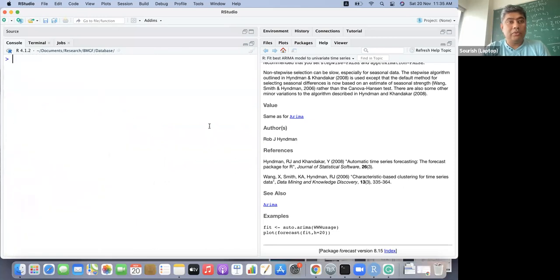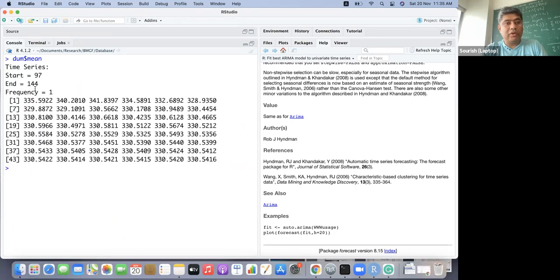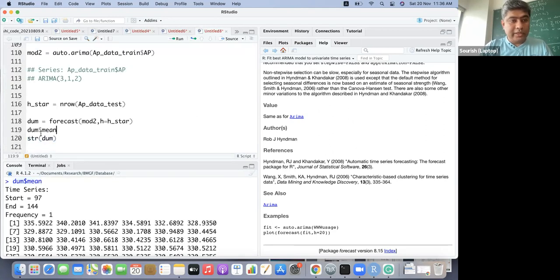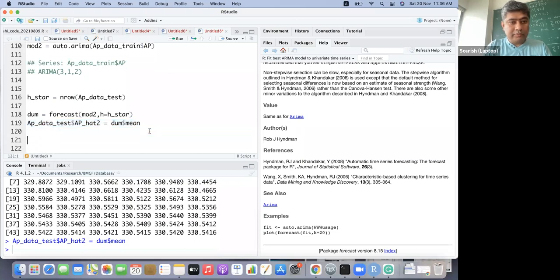I think 97 to 144 is the value we need to extract. Very good. So we extract this value, and this is our second model. And we will just plot this.